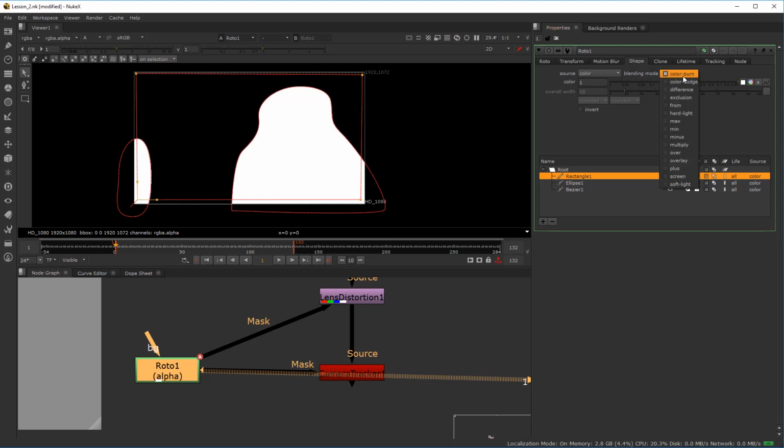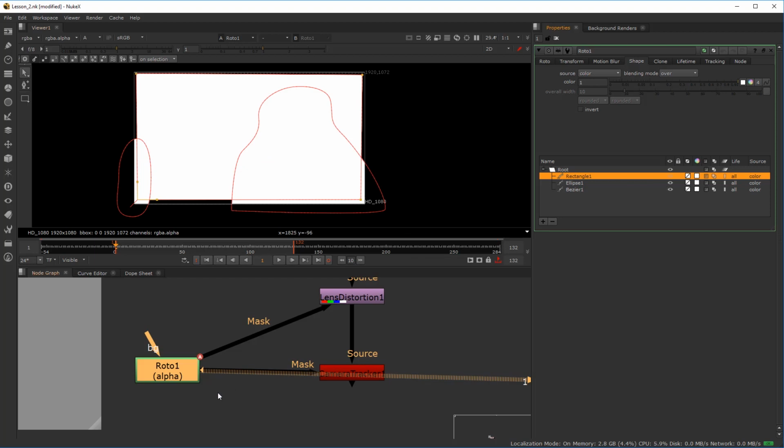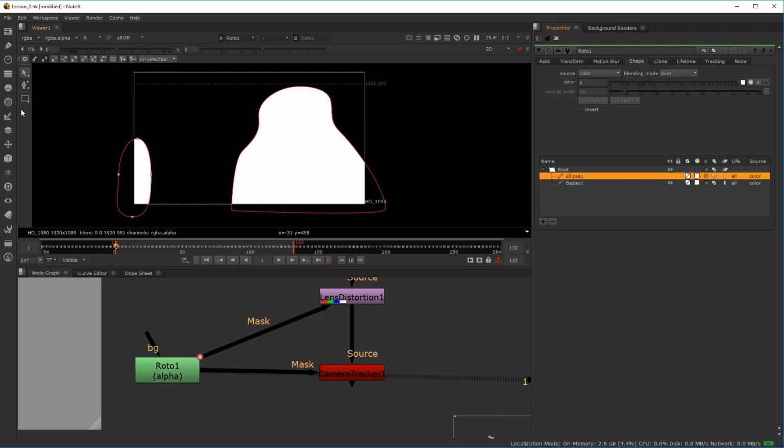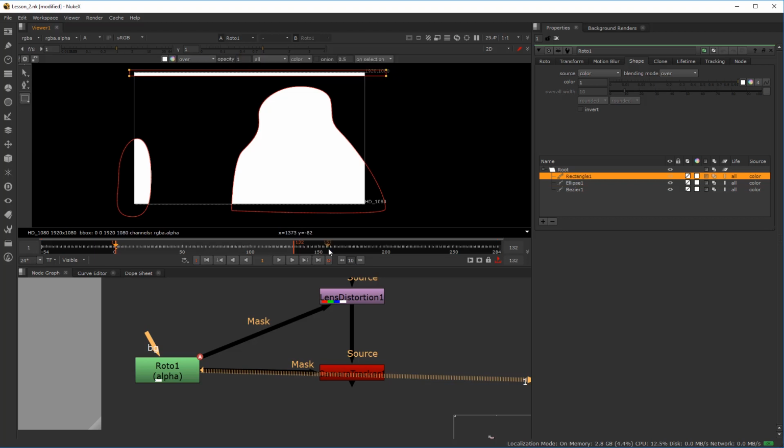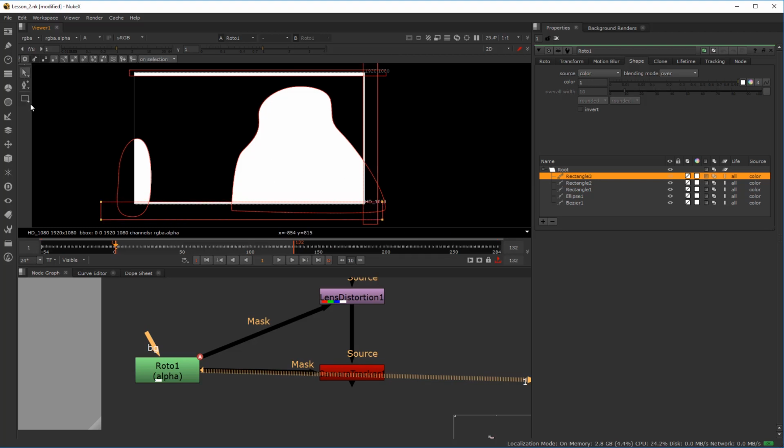So I think what I'm going to do is I'll put this back to over again. And I'm just going to have to do a little bit of work. There's other quick ways of doing this. I'm sure people are like, well, why don't you just do this? So I'm just going to take a couple shapes here. And kind of get, this is just careful. You really don't have to do this, but I'm just going to go ahead and make a couple shapes for